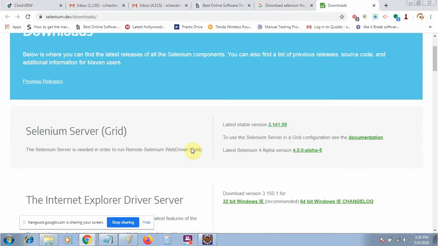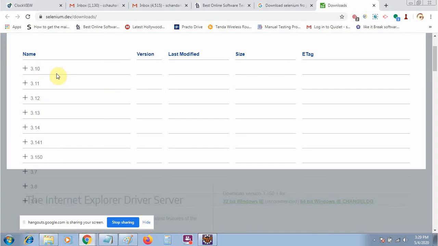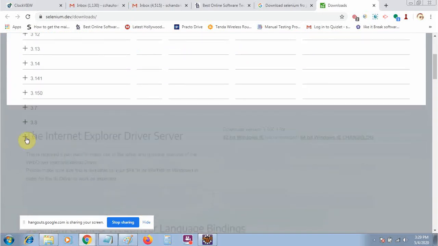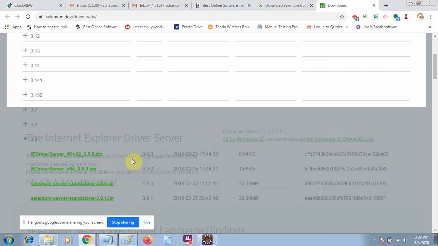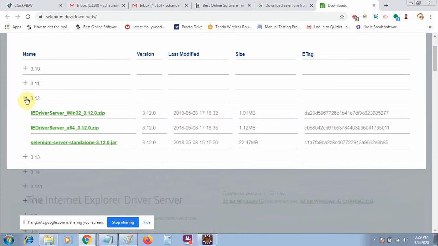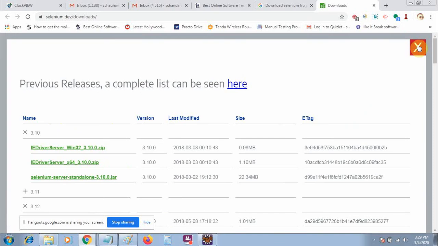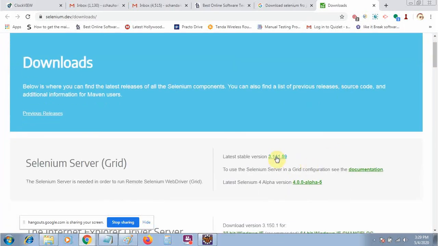You will also get the previous releases. If you click here, you will get all kinds of previous releases. You can expand this one, so you will get all the files like this. You can get all the jar files and zip files. You can download from here, or for the most stable release you just need to click here. Okay, so it will be automatically downloaded on your machine.